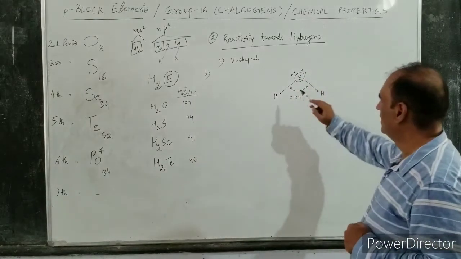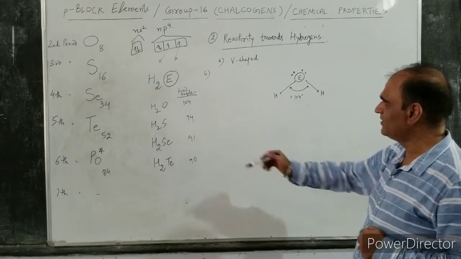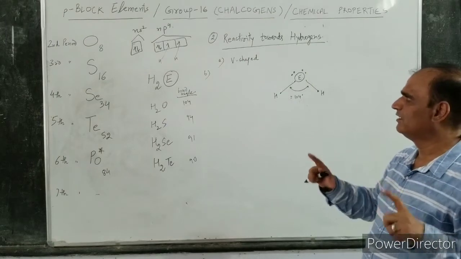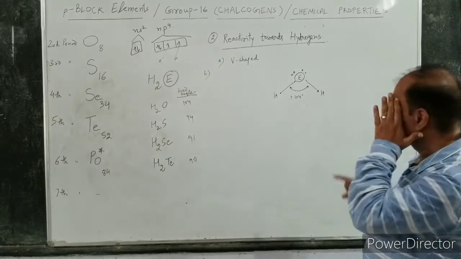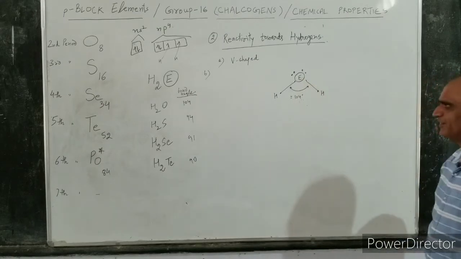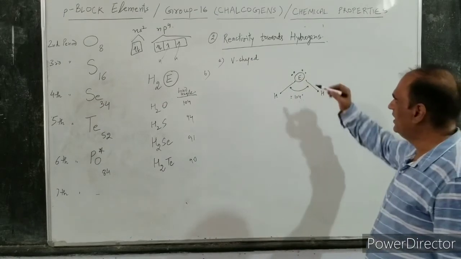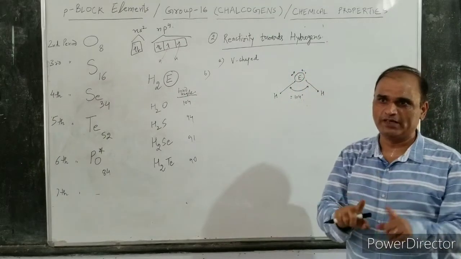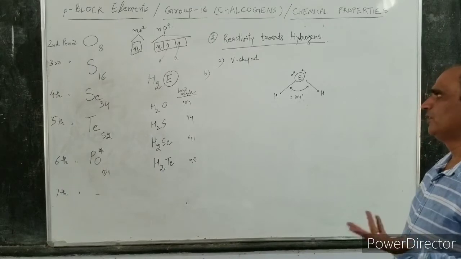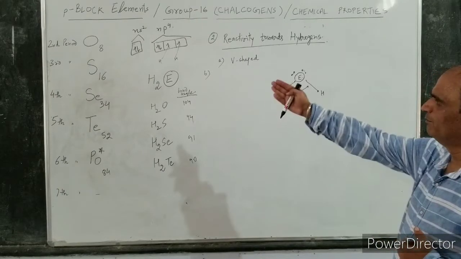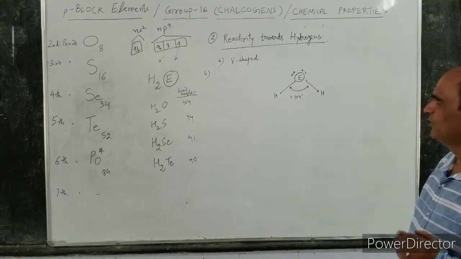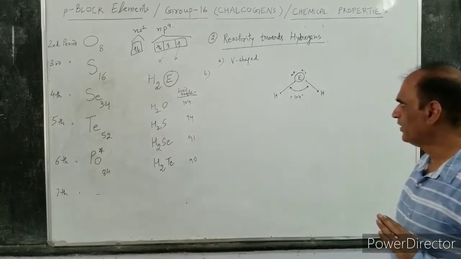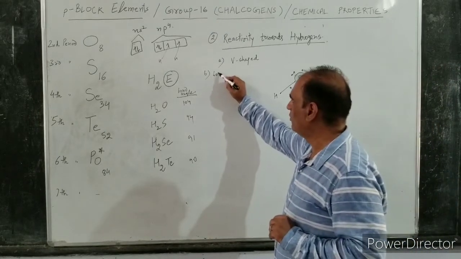The reason is H atoms are common in all the hydrides. What is changing? The central atom. And the central atom is getting bigger and bigger in size. So the atomic size of the central atom increases, due to which these lone pairs spread over a larger area and bond pairs come close to each other. Due to that reason, the bond angle of hydrides goes on decreasing down the group. Now, the second thing about bond angles.